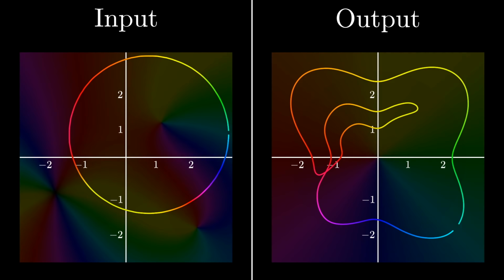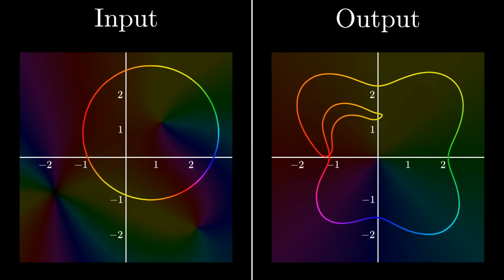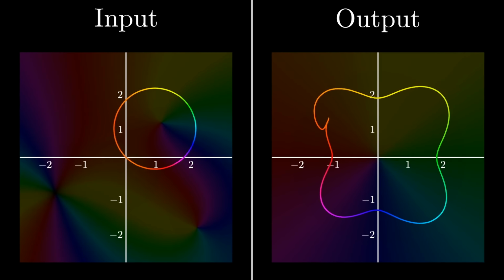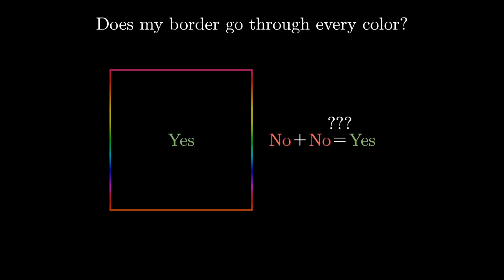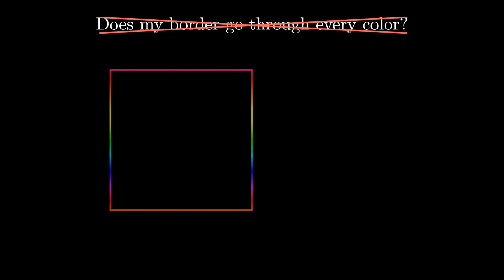In fact, if you think about it, you can find a big loop whose border goes through every possible color without there being a 0 inside of it. Now that's not to say that we were wrong in our claims about tiny loops, when we said that a forever narrowing loop going through every color has to be narrowing in on a 0. But what made a mess of things for us is that this "does my border go through every color or not" property doesn't combine in a nice, predictable way when you combine regions. But don't worry, it turns out we can modify this slightly to a more sophisticated property that does combine to give us what we want.